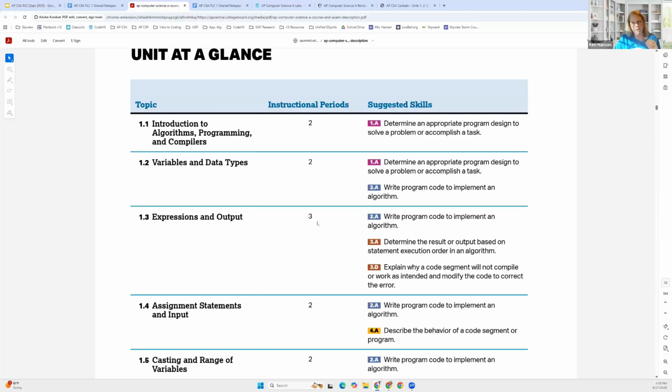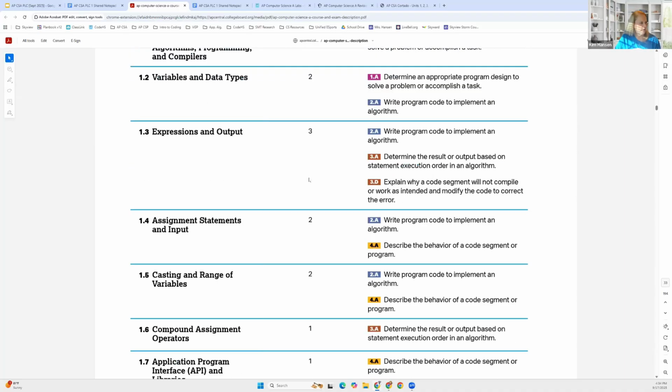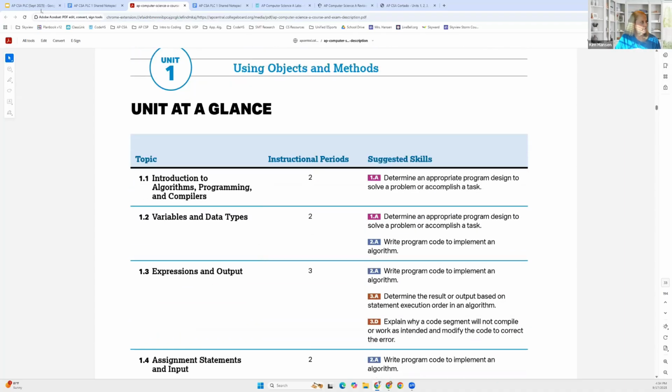So like before, with the Nitro, it would be like one section per day. But now, because they wanted to match this, you want to look up how many days you should probably spend on each part. And that's College Board's version of it. And I just added up those days for how many days it would be.